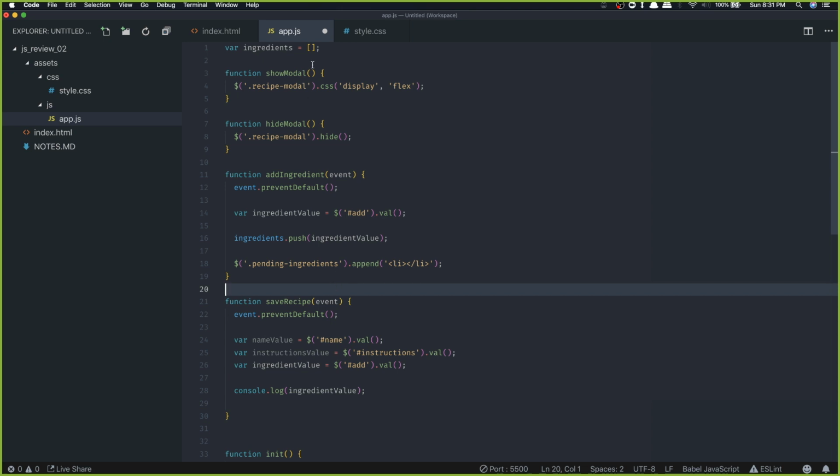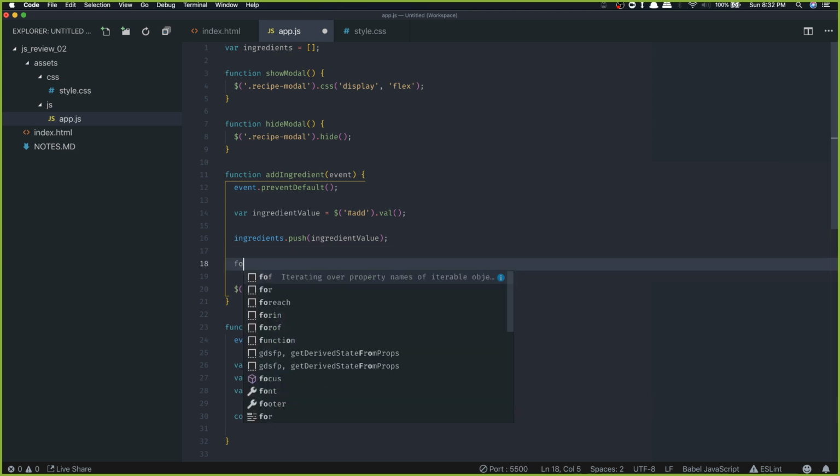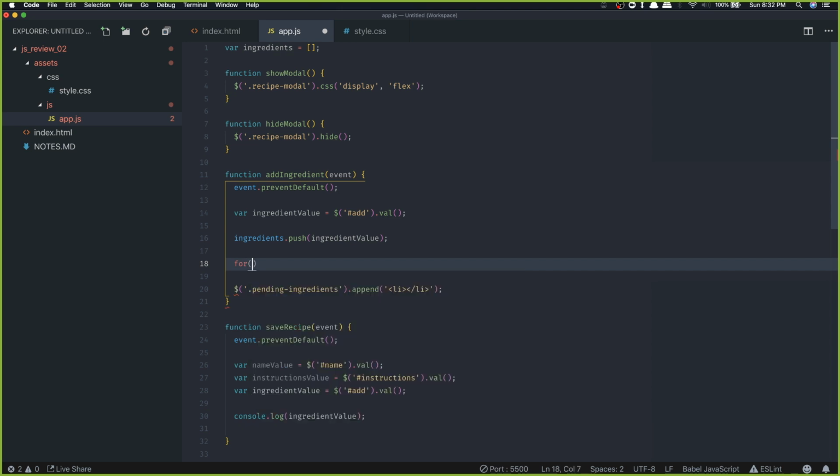For every one of the items in this array, for every, hint, hint, for each, for loop, yeah. So you can use more advanced loops if you have learned them, but we're going to use the basic for loop tonight. I want to loop through that array, so I'm going to say for var i equals 0, i is less than